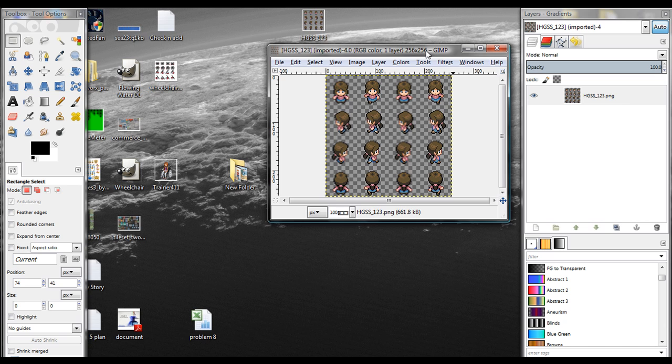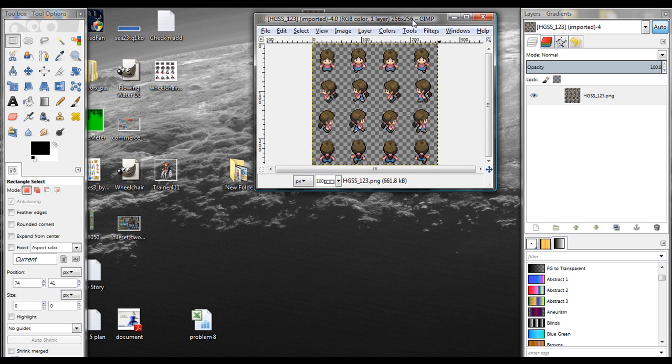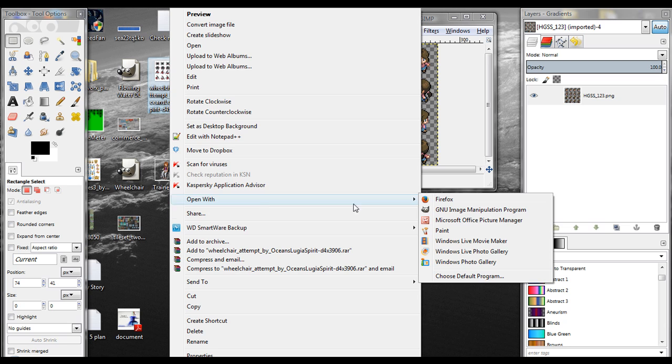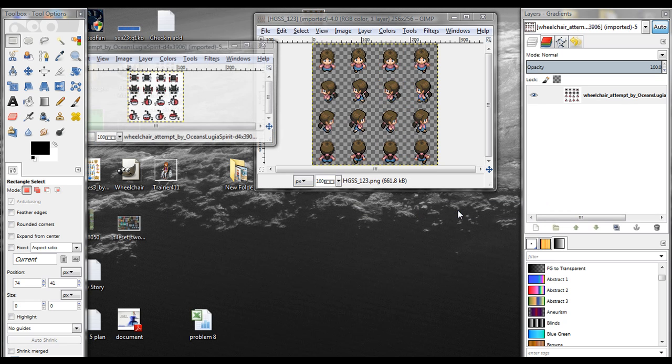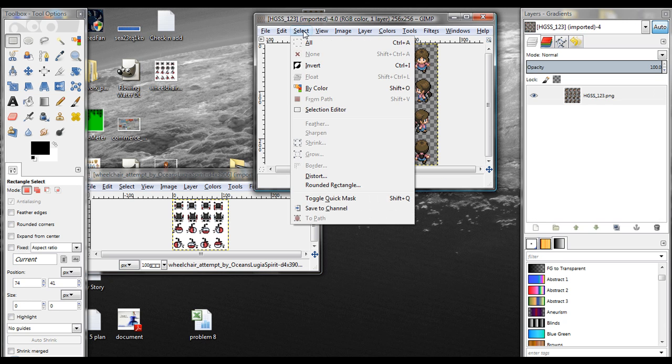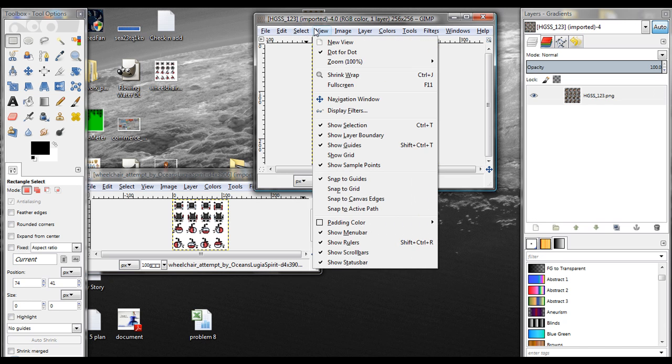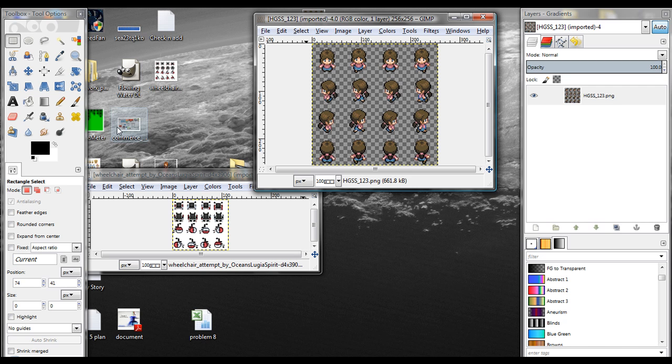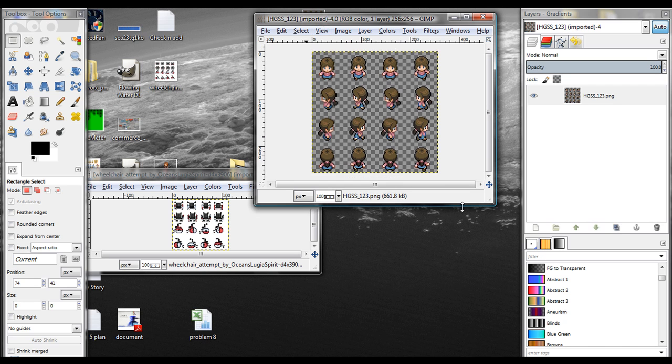So today I'll be talking about how I sprite using Gimp. Now, a little disclaimer, I'm not a professional or anything by a long stretch, but this will just be talking about little tricks and tips I've figured out using the experience that I have built up over the time that I've been spriting. So, without further ado,